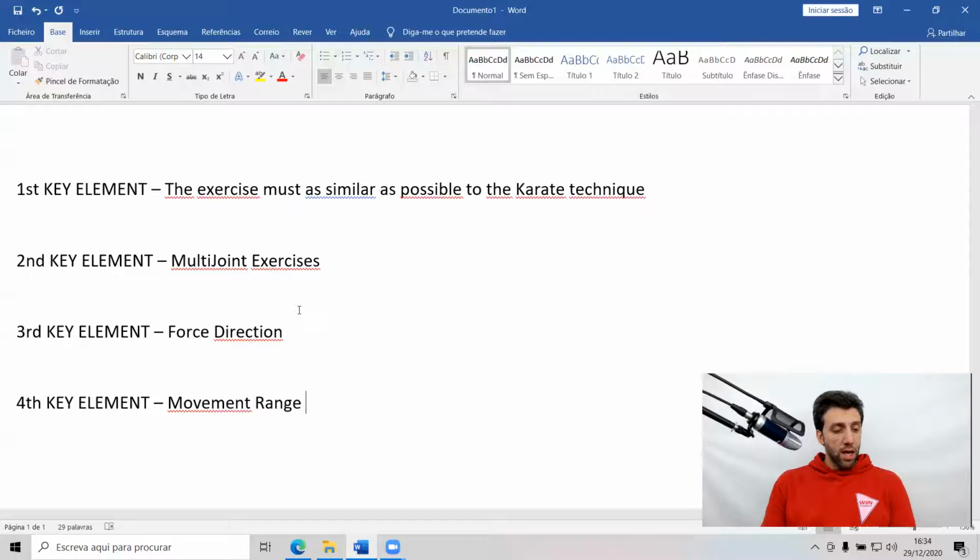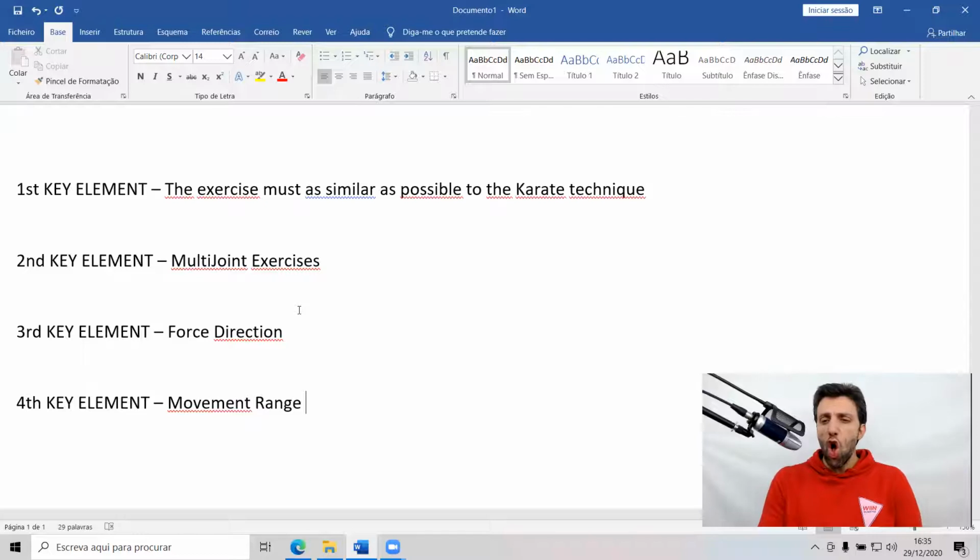But if I want to stimulate the punch, a shorter punch, I also have to include in his or her strength training program a half close grip bench press, because our neuromuscular system, our central